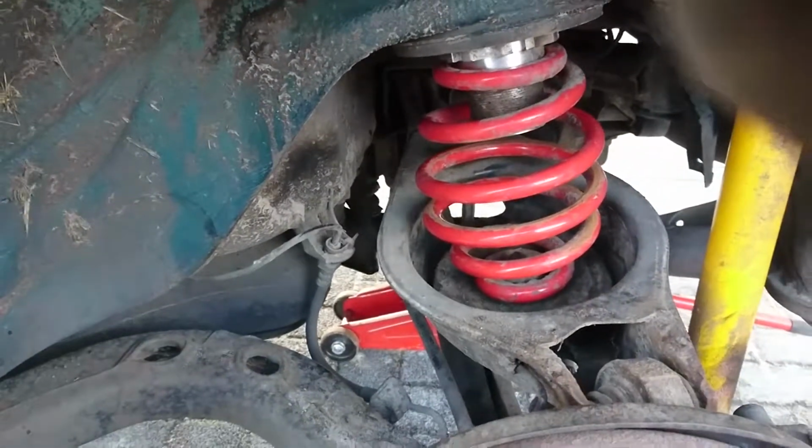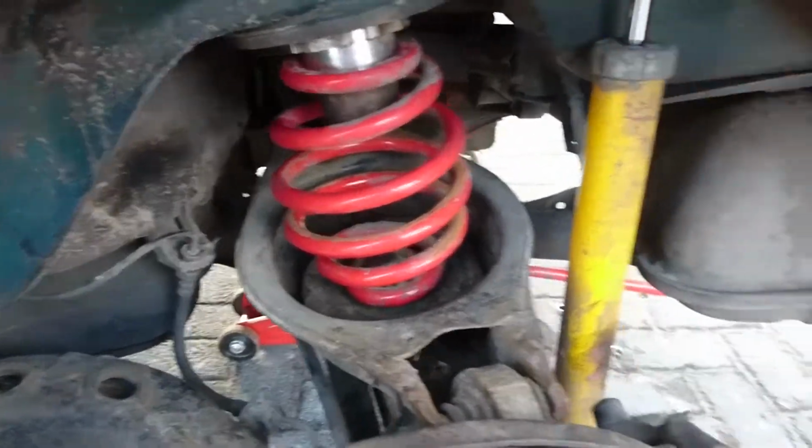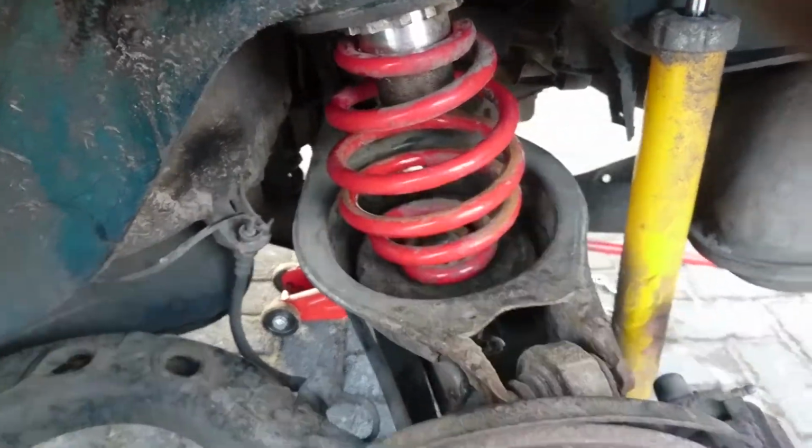So if I tighten that one up, it just pushes it like that, and it cannot go anywhere. It's just because the shock absorber is loose, that's why it's so loose like that. So yeah,